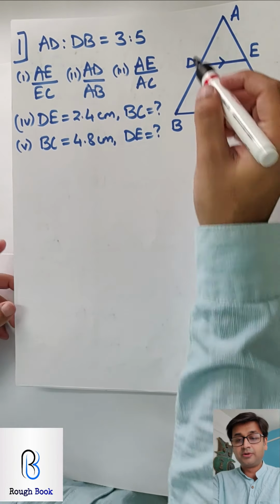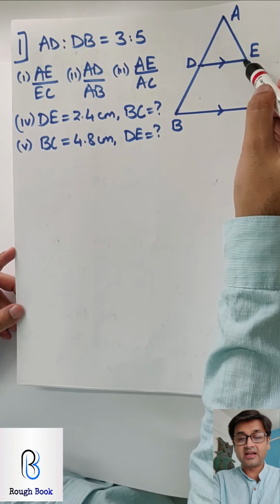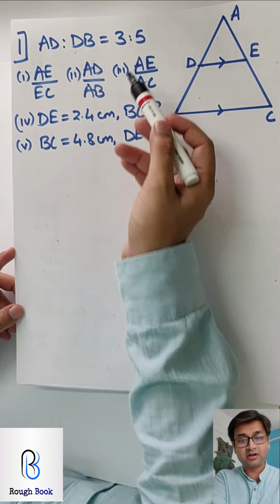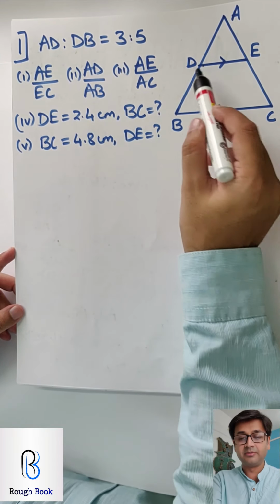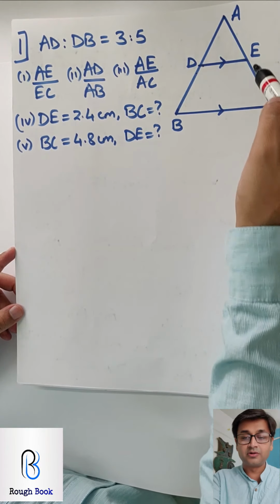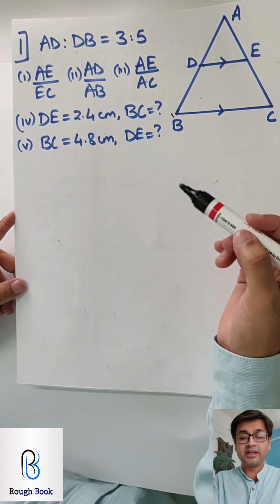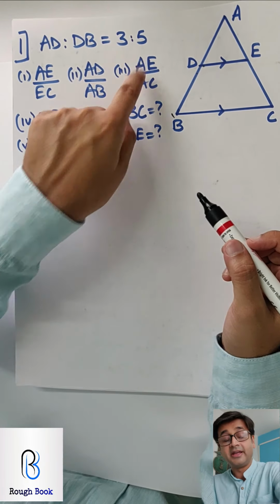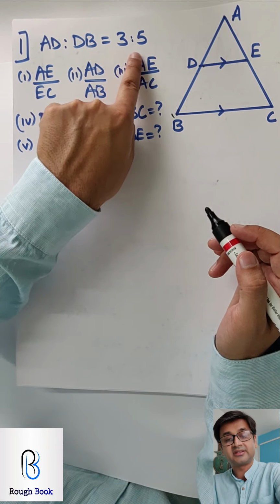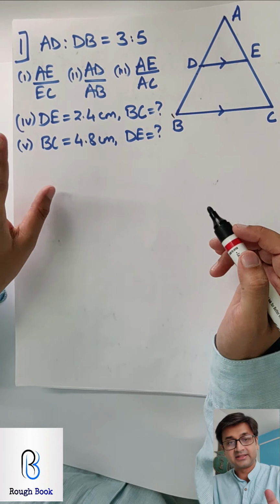So let's begin. You've been given that AD:DB is 3:5. The first thing they asked is AE:EC, given the lines are parallel. So how much will that be? 3/5. Why? BPT, basic proportionality theorem, lines are parallel. So AD upon DB equals AE upon EC, which is 3/5. How about AD upon AB mentally? 3/8, super, but you're going to use the X method. First 3x, then 5x, and then add the two as 8x to get AB. Substitute over here and cancel x.